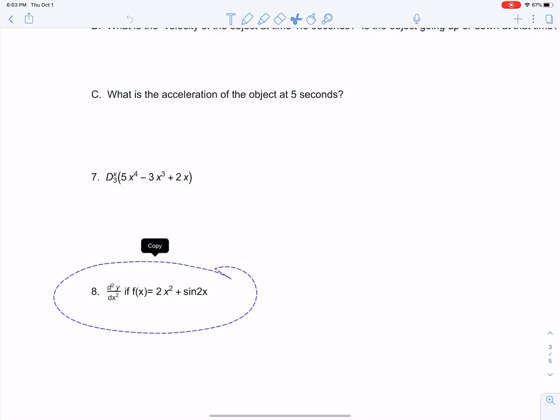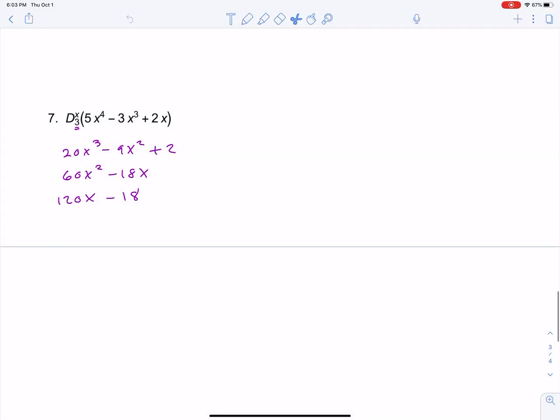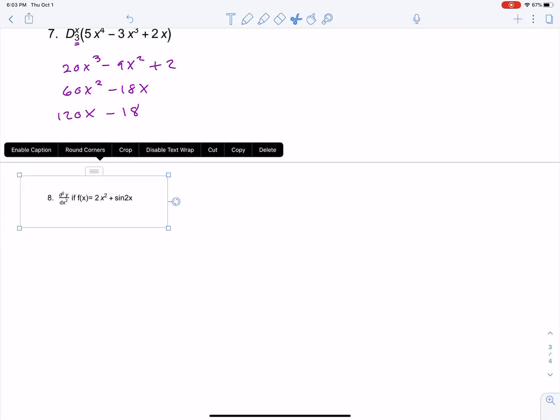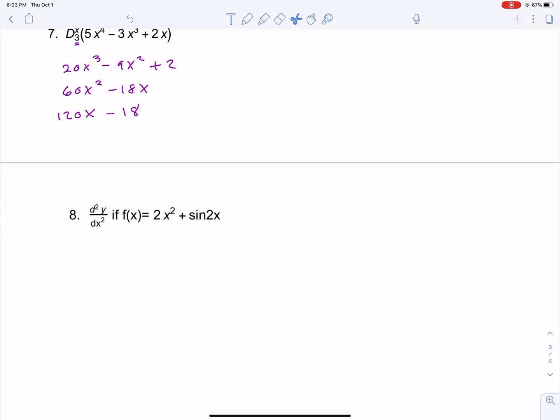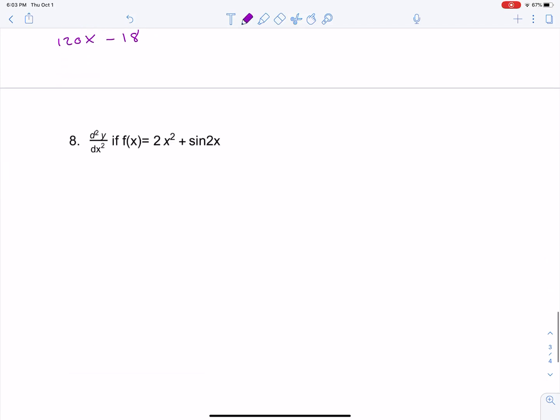Okay, so now on this one, we are being asked to take a second derivative. So let's see what we got. Okay, let's go take that second derivative. So taking the first derivative, we get f prime of x equals 4x